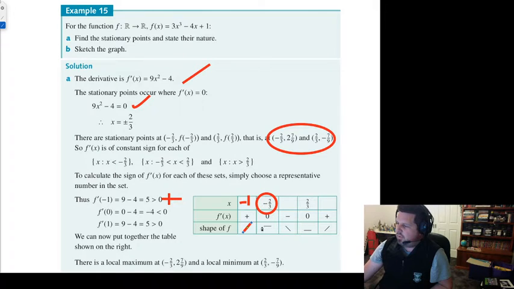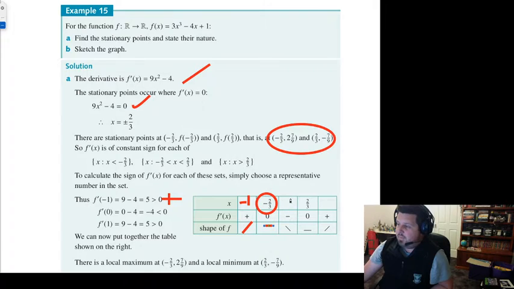Obviously at negative 2/3, we know that that's where the stationary point is, so they put that in there. Then we need to find out what is happening just after negative 2/3. What they're saying is a number that's just after, or to the right of, negative 2/3. They say, let's try